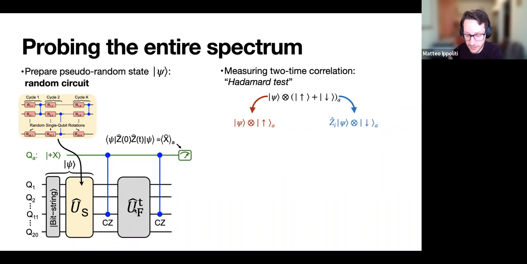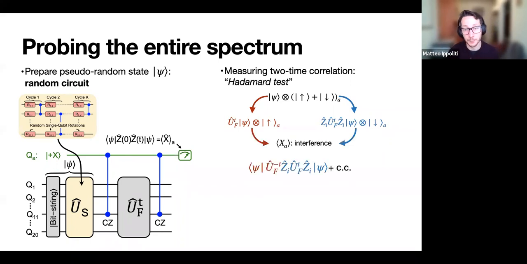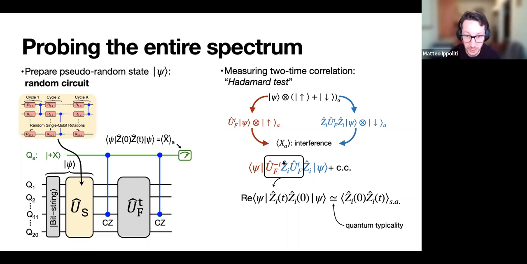After this coupling, we have the time periodic dynamics, which attaches U to the T on both sides. It's independent of the branch. And finally, we have another one of these selective controlled interactions, which sticks another sigma Z on the down branch. And at this point, we perform a measurement in the X basis on the ancilla, which, because sigma X is off diagonal, couples up and down. What it does is it takes this inner product between the two branches, this kind of interference phenomenon, and it gives us exactly this. We can recognize here this Heisenberg evolved operator, and finally obtain our two-time correlation function in this way.